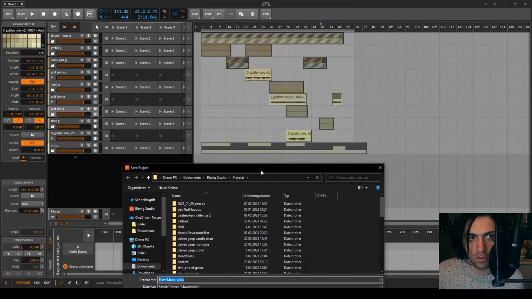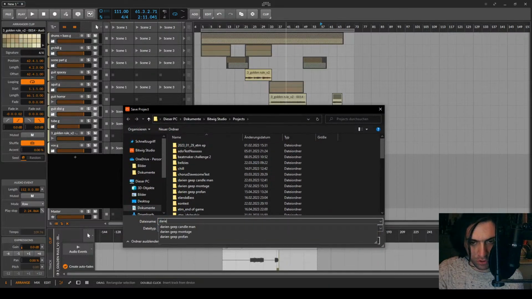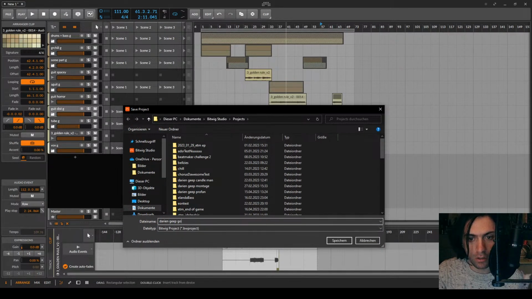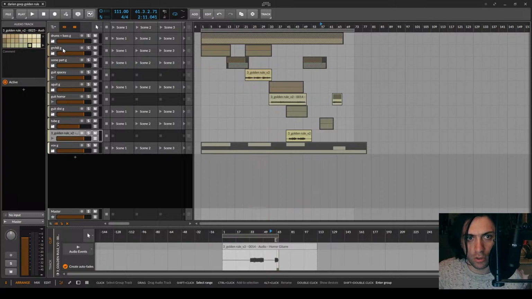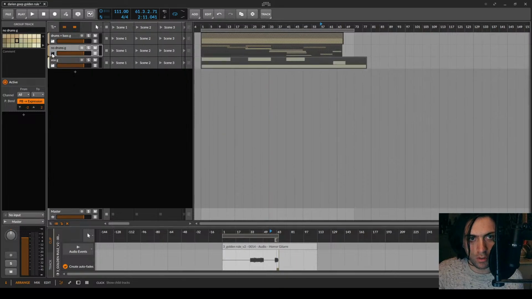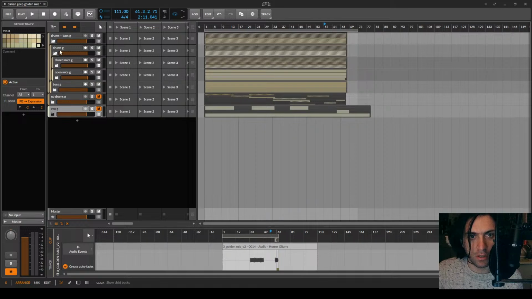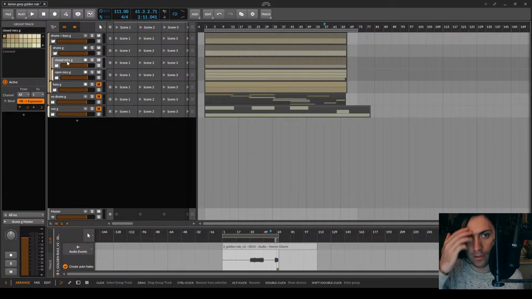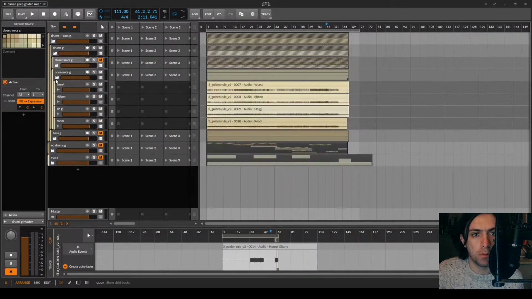Oh, first of all, let me save the project. Golden rule. Okay, I can put all of this into a big group, which I call the no drums G, but also actually no vocals. So now I have everything separated in drums bass G, no drums G, and vocals G, and I can start working very easily by just muting a lot of stuff and focusing on what's important. For example, I could start with just the open mics.